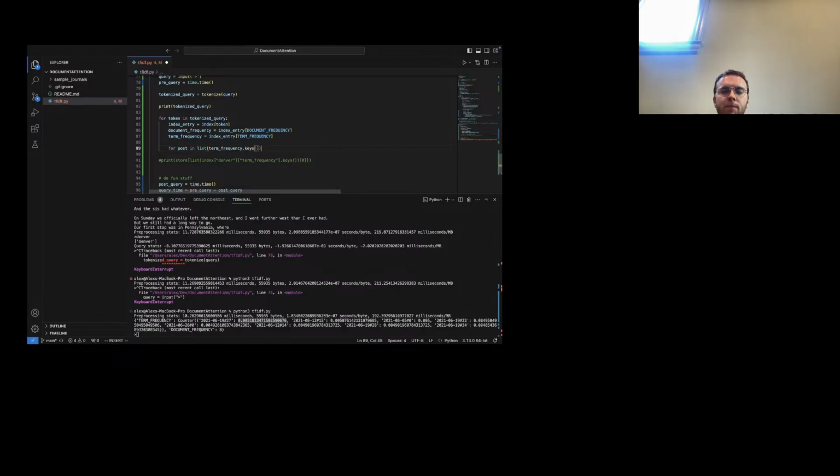List of chunk IDs. Or no, we don't. I think we can iterate through this, right? Post in term frequency keys. What do we want? What do we need? We want the counter, term frequency. So if we do term frequency post, this is ID. This is chunk ID actually. Let's make it clear. Chunk ID, term frequency chunk ID,